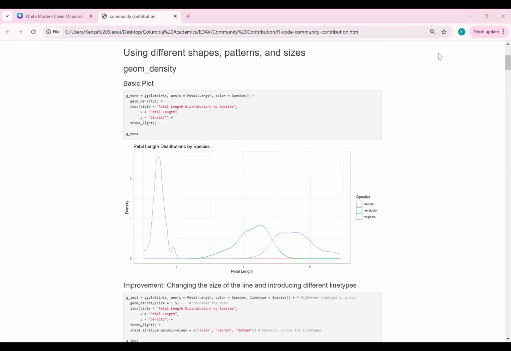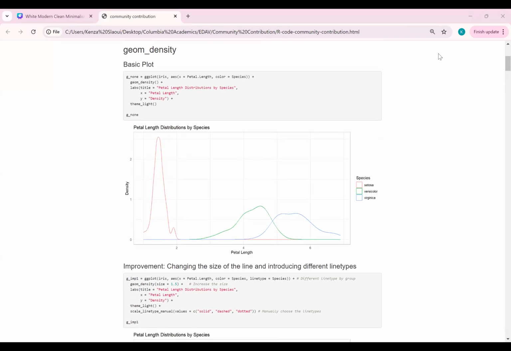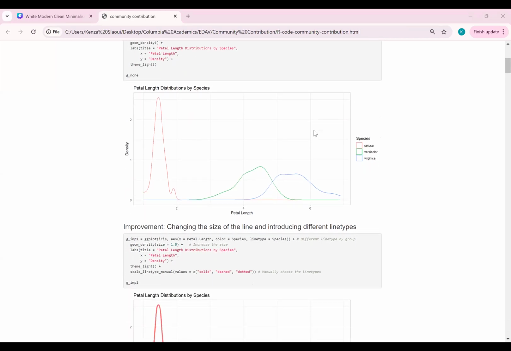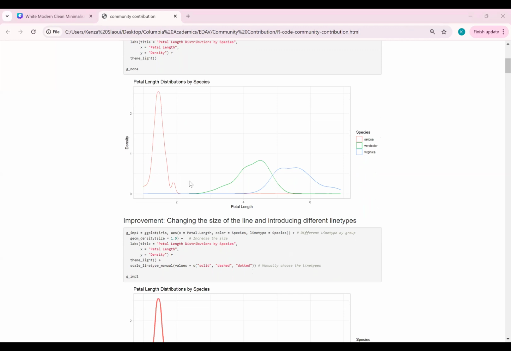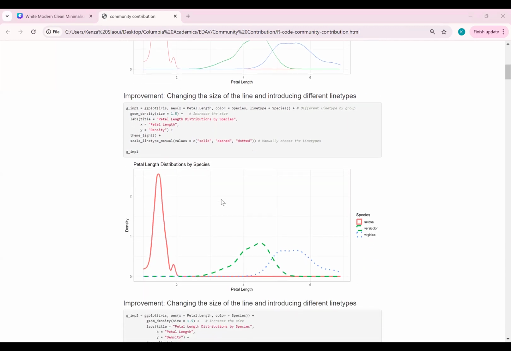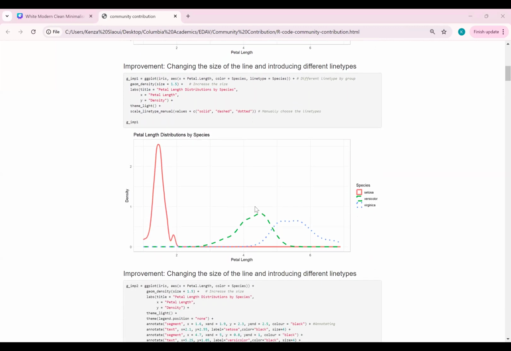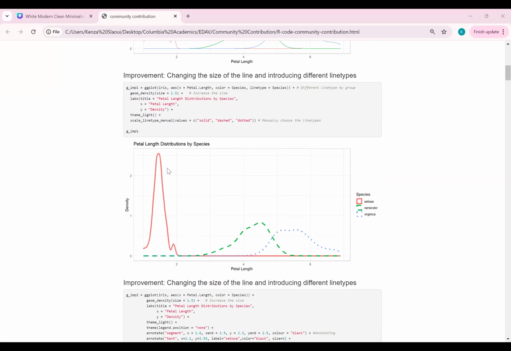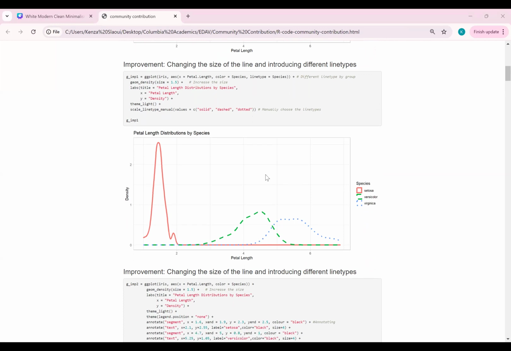First of all, we can use different shapes, patterns, and sizes instead of simply relying on colors. This would be a plot that uses colors to differentiate between the densities of different species. But we can simply introduce different line types. Here, one thing that I did is increase the size of the lines to make them more visible. But even if a person is unable to distinguish between these colors, they can see the different line types and the legend. And you can include the line type here,